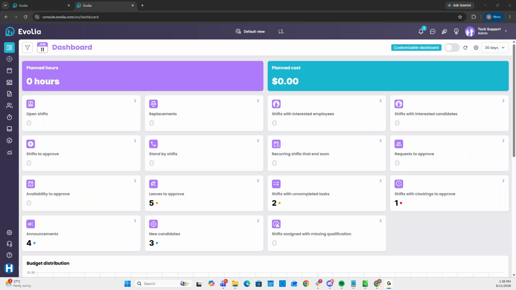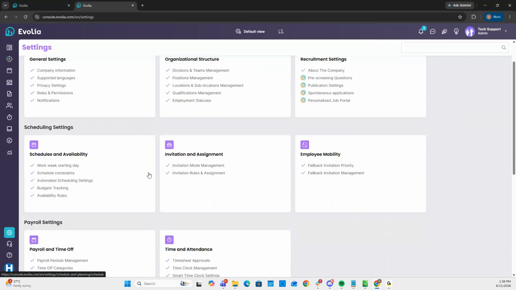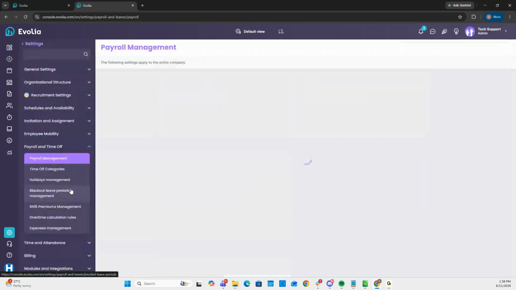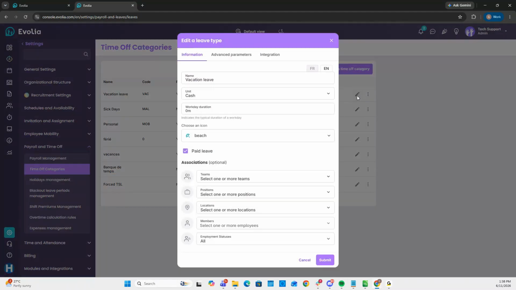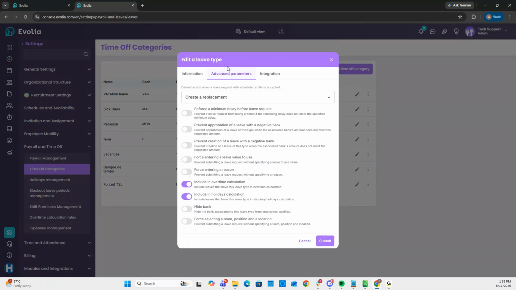So, Mike, your question is: when my employees take vacation leave, it does not auto cancel their shift. It says they are late and they're absent. Is there a way to fix this or override it? So, if you go over to payroll and time off, Mike, and you go into time off categories and you edit, let's say, my vacation leave here in the system, in advanced parameters, I can decide a default action